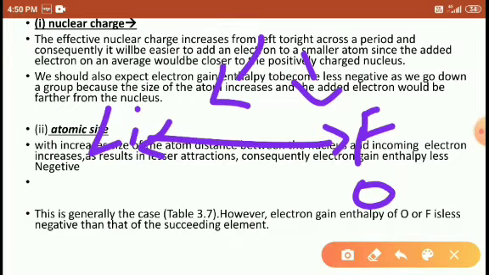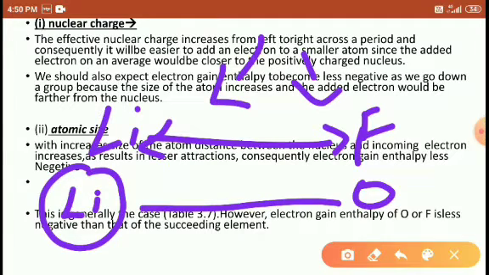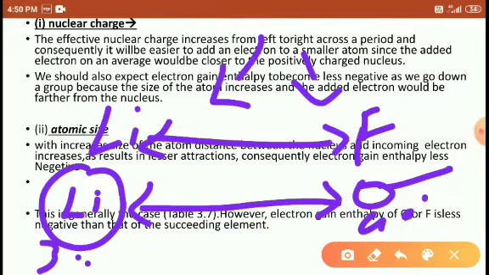Fluorine is the smaller atom, because as we move from left to right, lithium's size is larger and fluorine's size is very small. Here the atomic number is 3, with 3 protons and 3 electrons, and here the atomic number is 9, with 9 protons and 9 electrons. So here the number of protons is large and the size is smaller, so when you try to add electrons, they shift into the smaller atom, because in the smaller size the nuclear attraction is very high. Due to the high nuclear attraction, electrons fall more easily onto the fluorine atom rather than lithium.